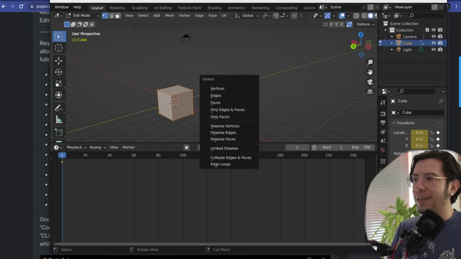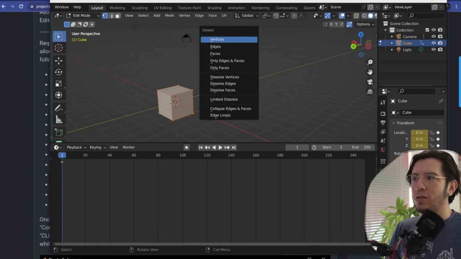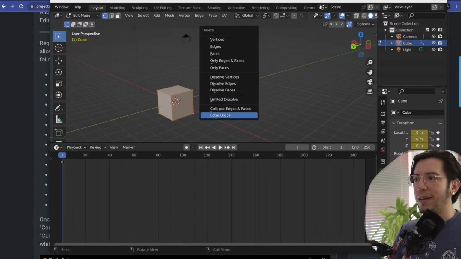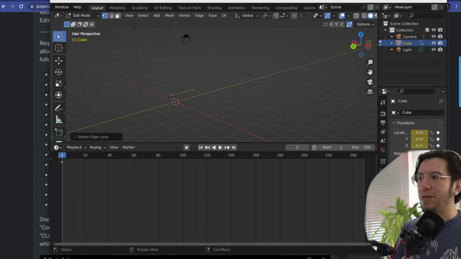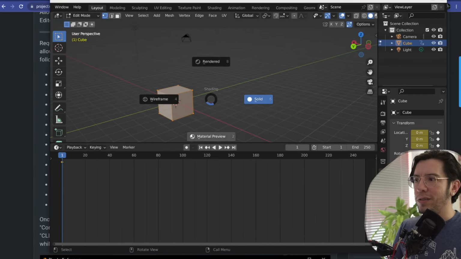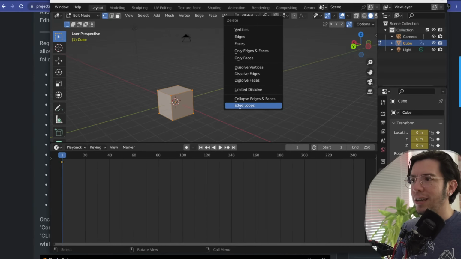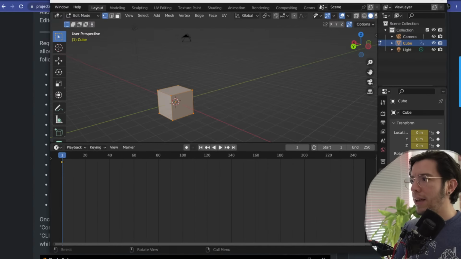I don't mind this menu usually. What I do usually is I use shortcuts. So if I want to delete edge loops, I do X and G, XG, and then you delete because the G key is underlined here. Anyway,